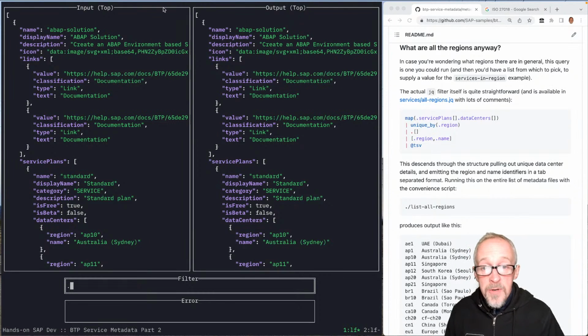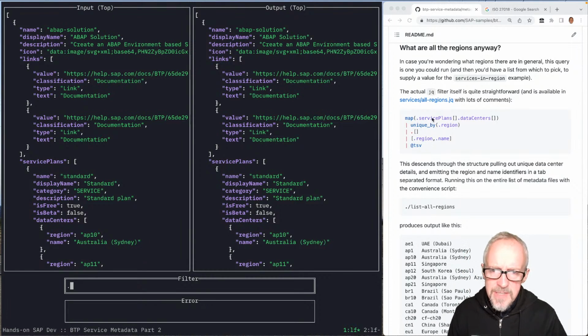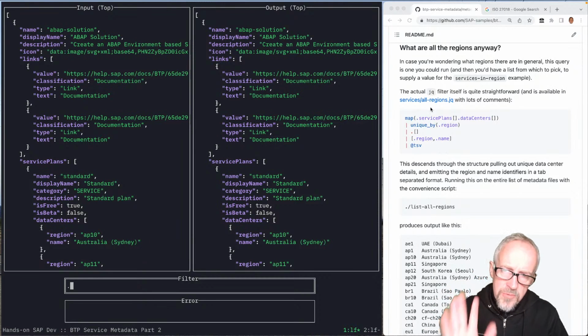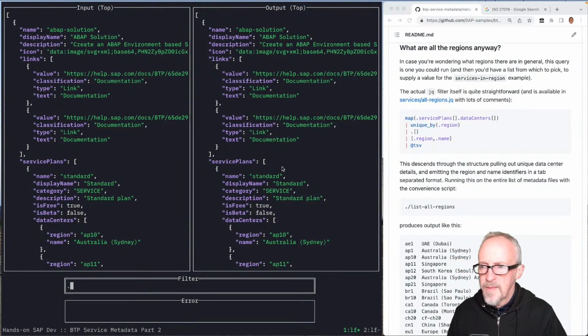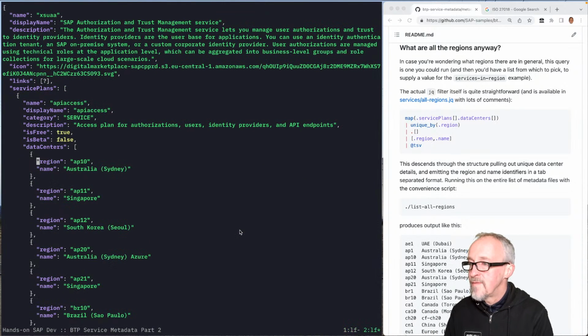So what we can do here, let's work through this, okay? Let me know, does this look too scary? Does this look obvious? Let me know how you feel when you look at JQ like this. Let's just do this bit by bit. We can, for example, with the knowledge that we gained before, which is that each resource has a service plan array, and each service plan in that array has a data centers array, right? Given that,